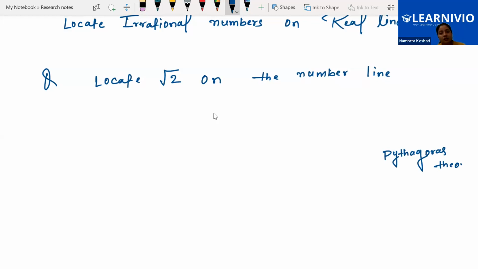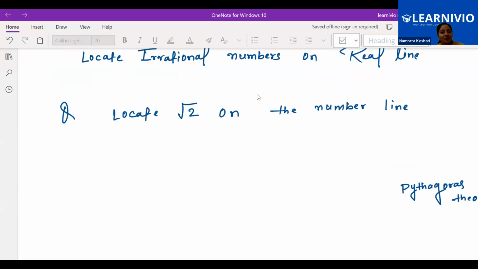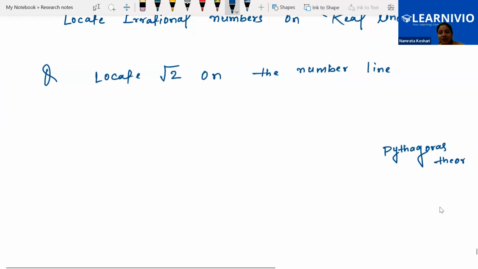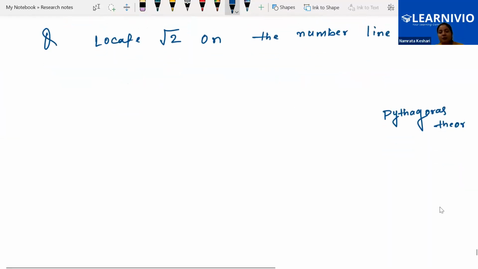Yes, Shamya and Saad. Sorry, really sorry. Yes, Saad, Shamya. What is the Pythagoras theorem? Whenever we have a right angle triangle, a square plus b square is equal to c square. Exactly. Yes, Saad, whenever we have a right angle triangle, let's say we have a right angle triangle